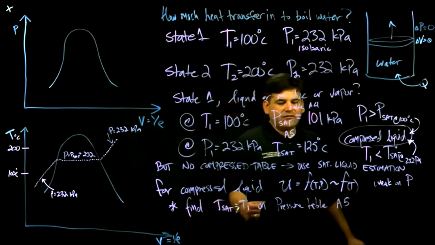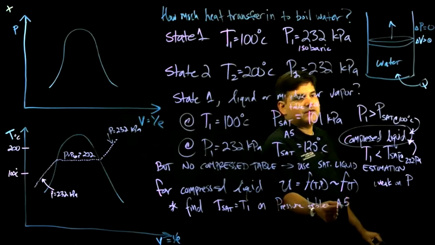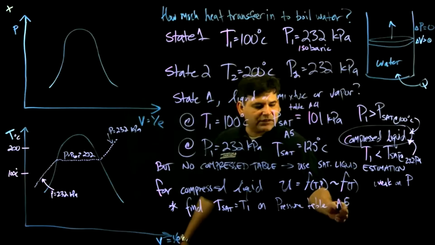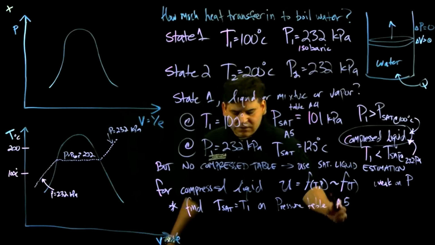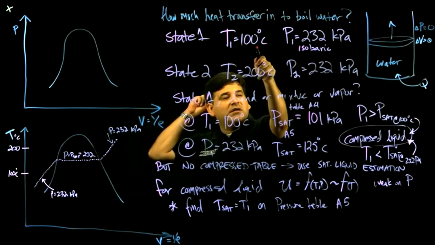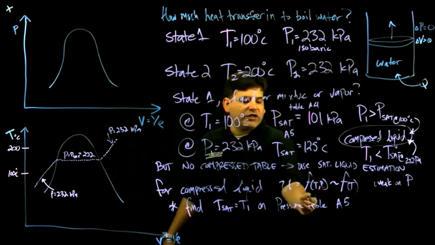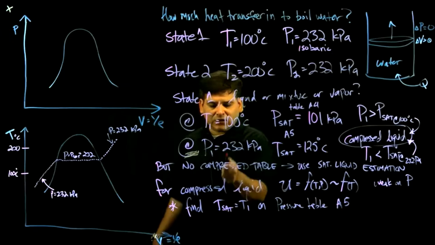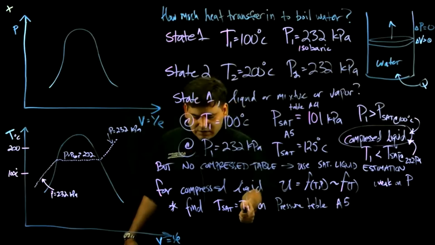This is A5 that I posted to Canvas, not in our Rasher Piro book. It's the more detailed tables that I posted on Canvas. So we know that the temperature is T1. So we go to the pressure table and we ignore the pressures, but we look for the temperature sat column and we look for T1 on that column. And when we do that,